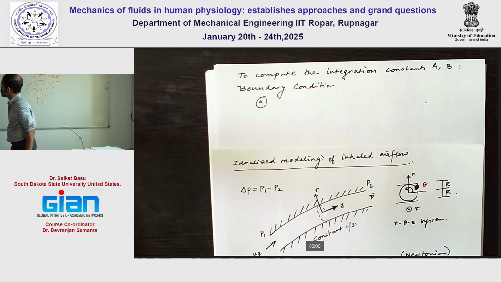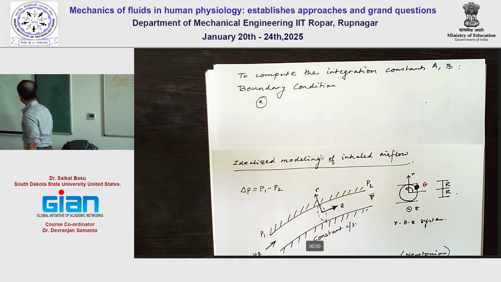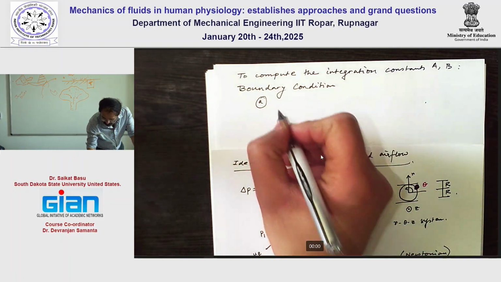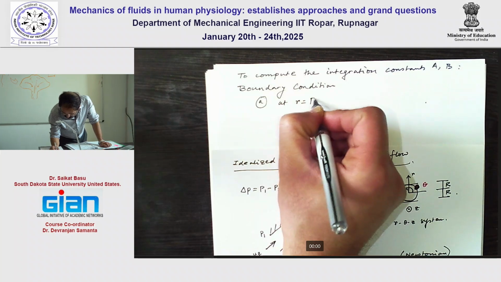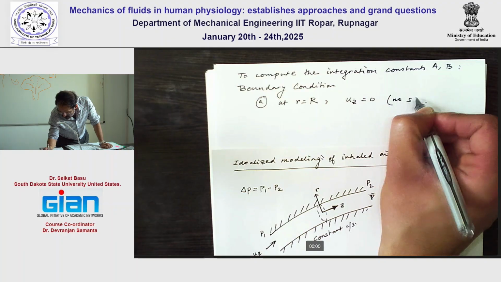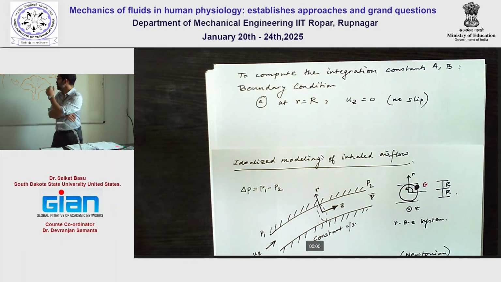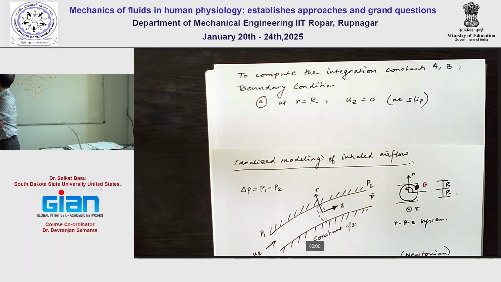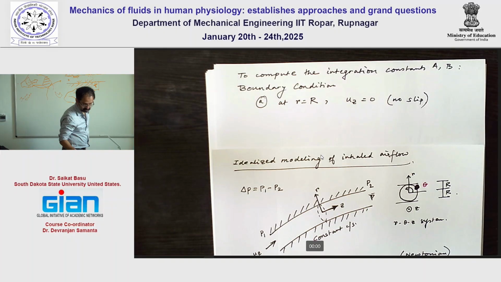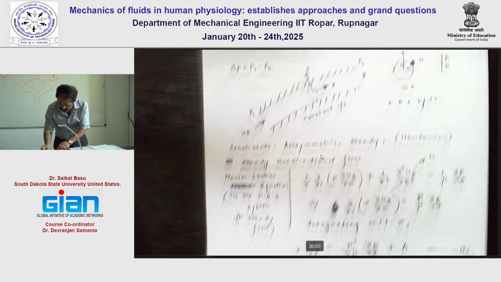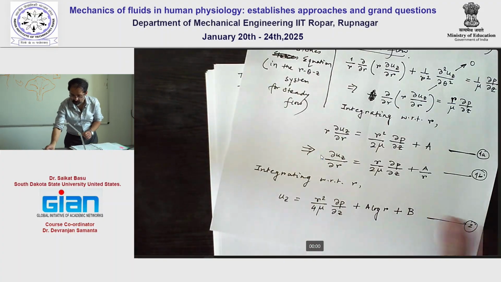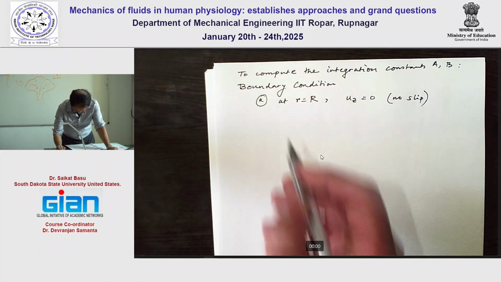So the boundary conditions: let's figure out what is happening at small r equal to capital R, so on the walls. At small r equal to capital R, we have uz as 0, no slip. Here again, the no slip condition is equivalent to assuming that the mucus is not moving. So let's plug that back in. In equation 2 from this page, we just put this boundary condition. So it becomes uz is 0,